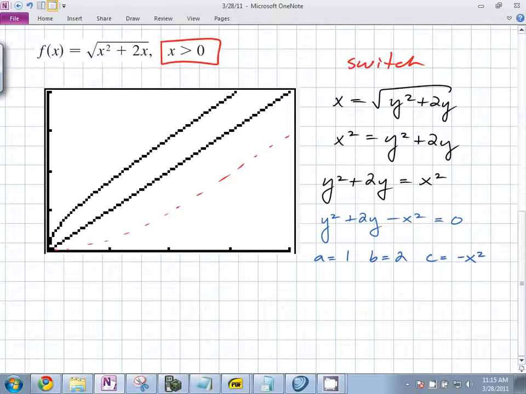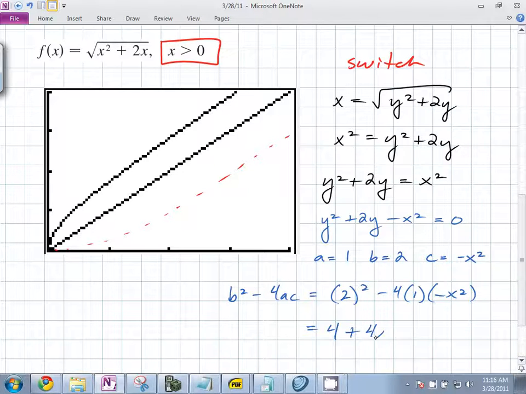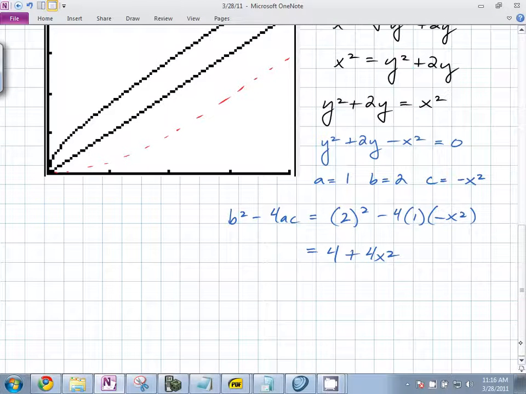Now, do you just plug this in straight to the quadratic formula? No. You do the discriminant, which is b squared minus, what's b? So 2 squared minus 4 times 1 times, so what does this equal? 4 minus, or 4 plus what? So we're solving for y, so y equals, what is b? Negative 2 plus or minus the square root of what? What goes underneath the square root sign? All over